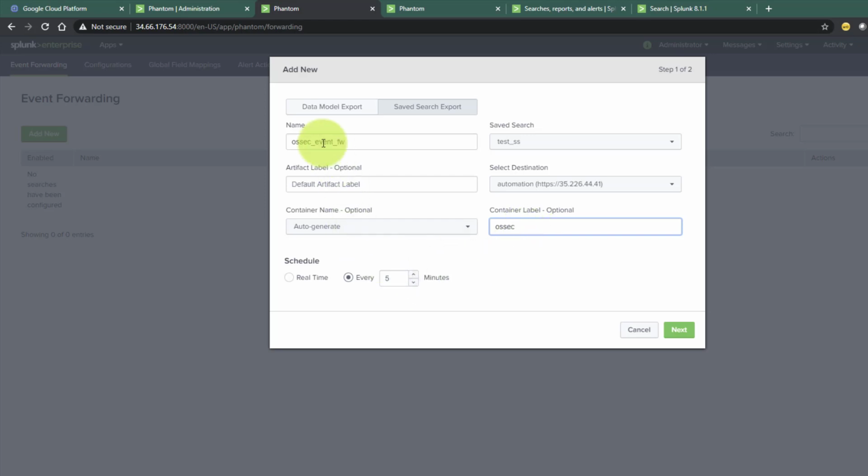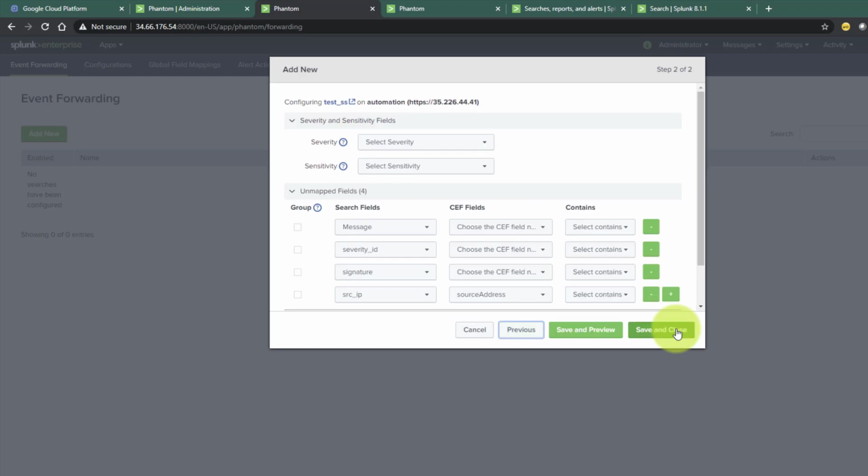We will see that. Now for the saved search, either you can schedule it real time or polling basically, or you can configure it like every 5 minutes or 10 minutes you want to poll. I'll just keep it as every 5 minutes. Then I'll be clicking on next. Now you need to first give the severity and sensitivity fields, how severe this particular event is. I will say, let's say medium, and for the sensitivity I'll just say amber over here. Based on your need, you need to set up these two fields. Accordingly, in Splunk Phantom also it will be shown up.